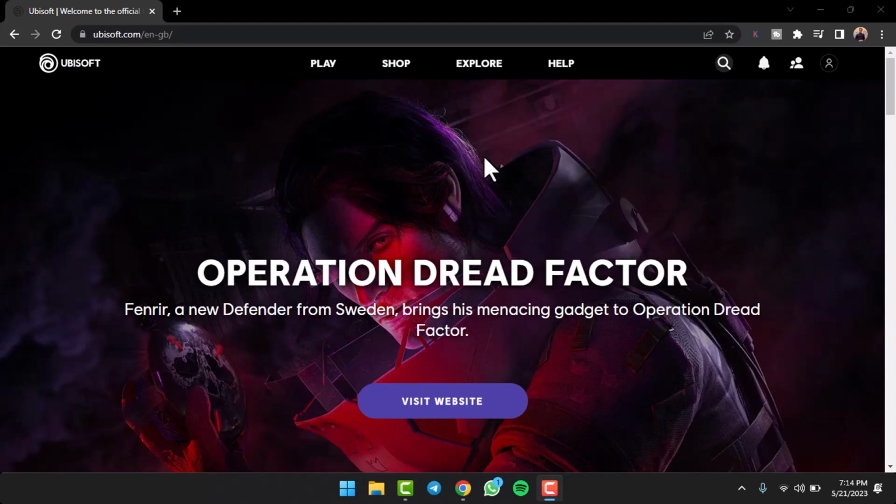In today's video, I'll show you how you can link your Twitch account to your Ubisoft account. So to do that, first of all, open up the Ubisoft on either your browser or your mobile device or your desktop. And once you've logged into your Ubisoft account, simply tap on this icon on the top right corner